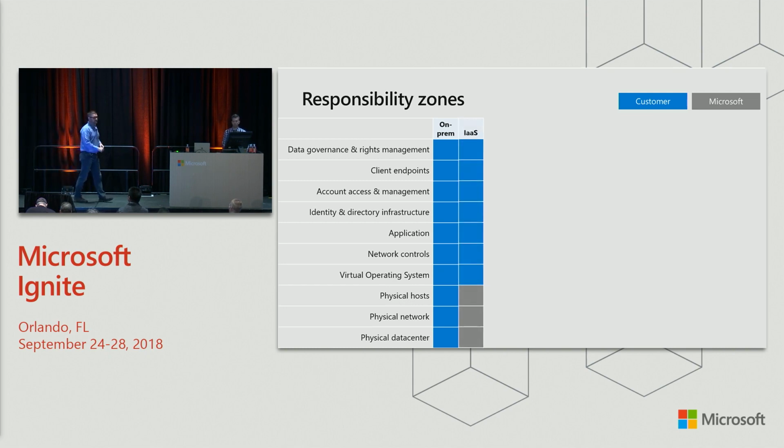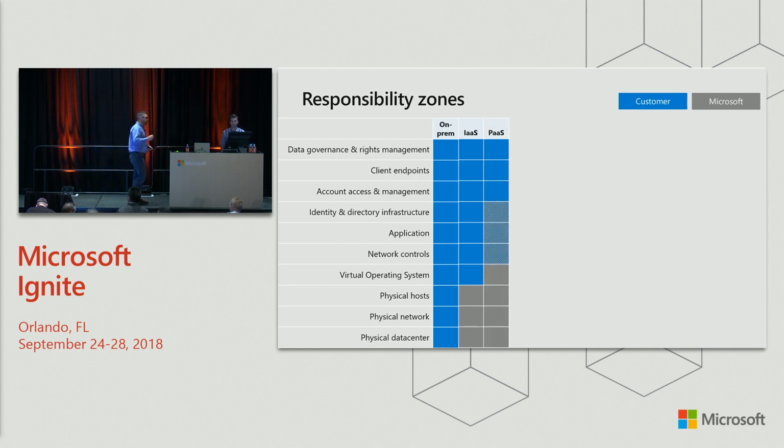We own that data center. We're responsible. We've been certified through a raft of different certifications that we're doing that job effectively. You don't need to think about that on a day-to-day basis anymore. Now, you do need to think about this from an IaaS perspective on many layers of the stack, starting at